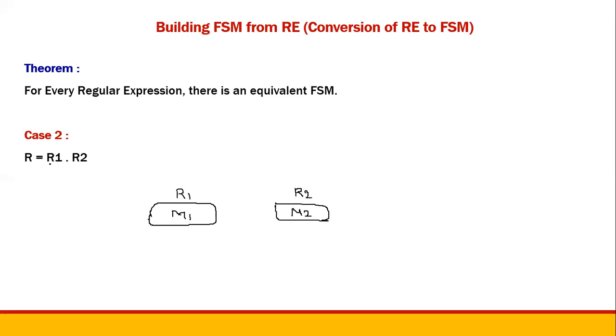Since it is just joining or combining, of course I can have any state here. It will read regular expression 1 and it has to be followed by R2. It is R1 followed by R2, not R2 followed by R1. R1 you have to read first, then you can read epsilon, then you must read regular expression 2. After this, it can reach the final state. So this is the finite state machine for the regular expression R1 R2.